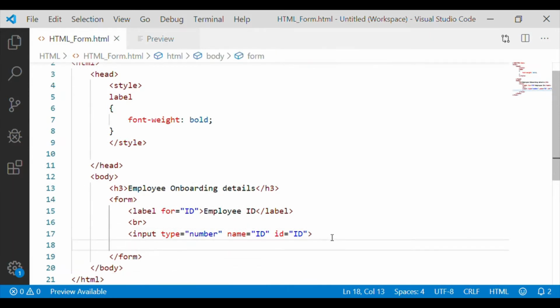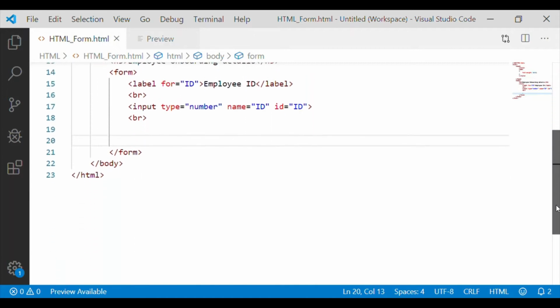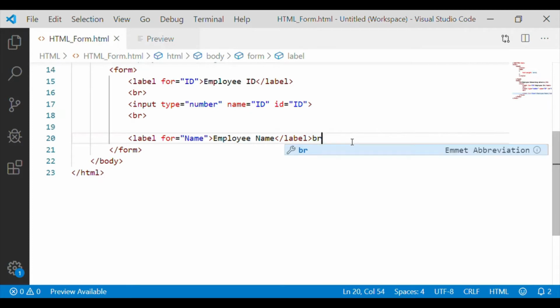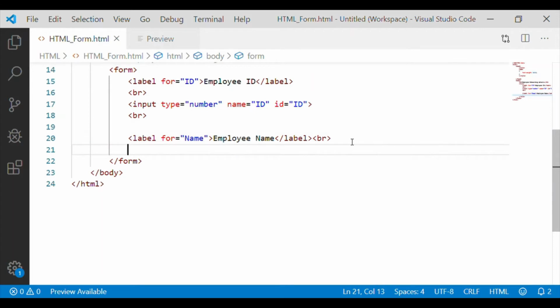As a next item in our employee onboarding details, let us have the employee name. First we will use the label, and the label shall display employee name. As the employee name is text, we will use input type of text here.